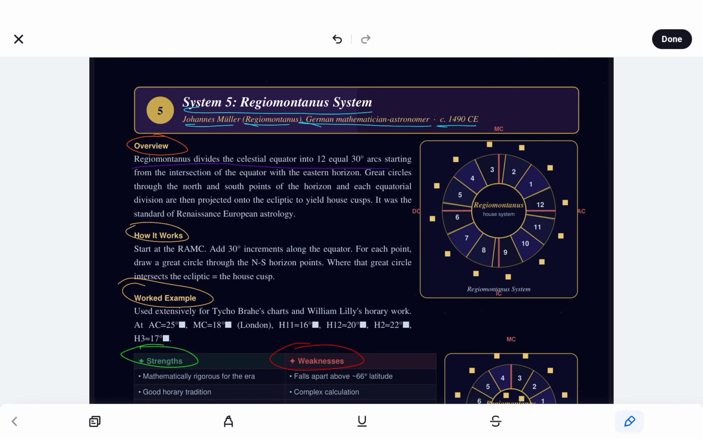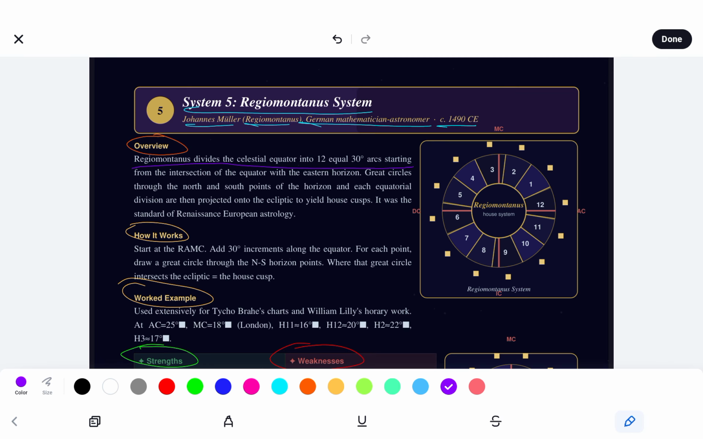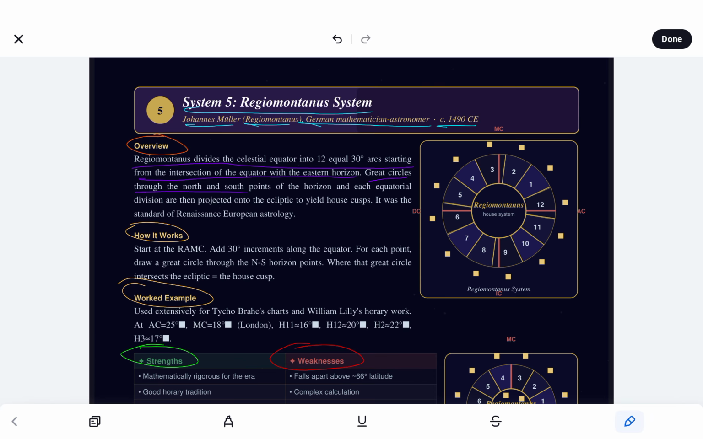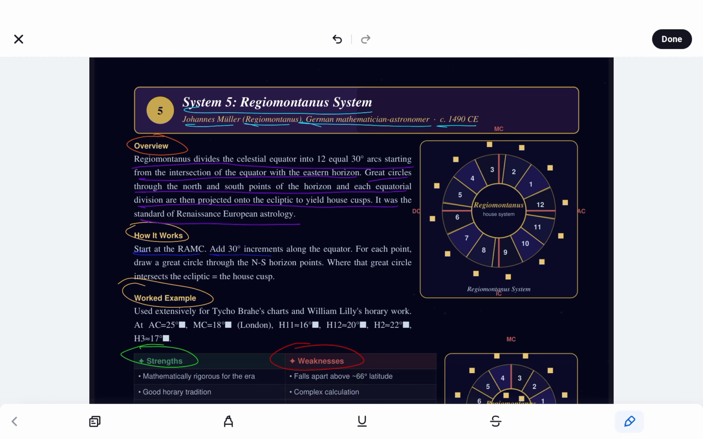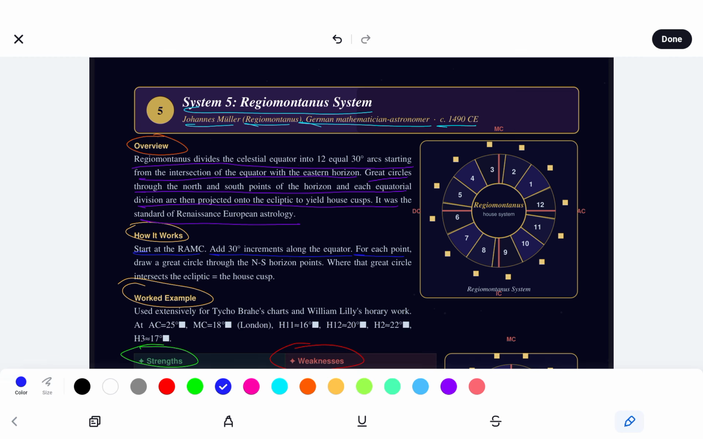Regiomontanus divides the celestial equator into 12 equal 30 degree arcs, starting from the intersection of the equator with the eastern horizon. Great circles through the north and south points of the horizon, and each equatorial division, are then projected onto the ecliptic to yield house cusps. It was the standard of Renaissance European astrology. Start at the RAMC at 30 degree increments along the equator. For each point, draw a great circle through the NS horizon points,